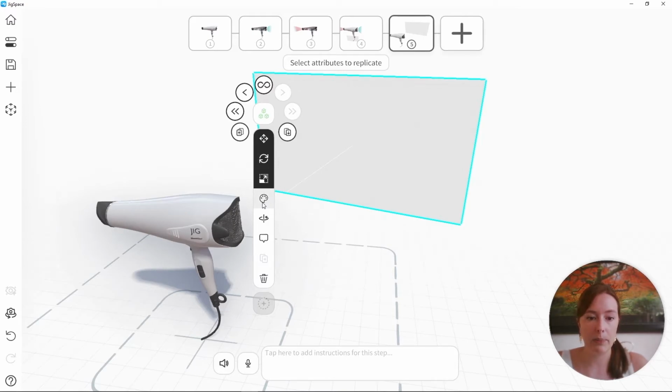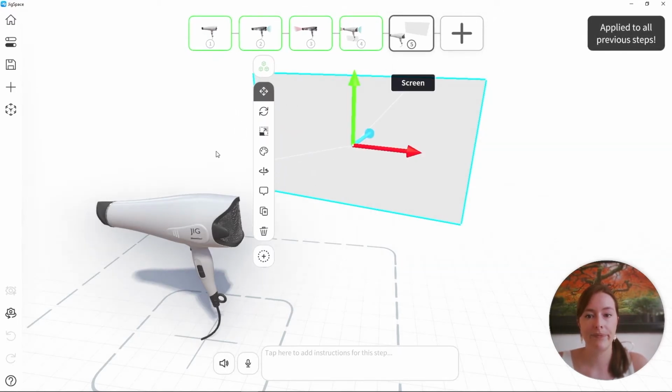The reason I'm not copying the color across is because the color contains that video information. And our video file also contains the sound effects. Now, I don't want the video to conflict with step 4, so I don't want that copied across to step 4. So with these 3 selected, I'm going to replicate them across the previous steps.